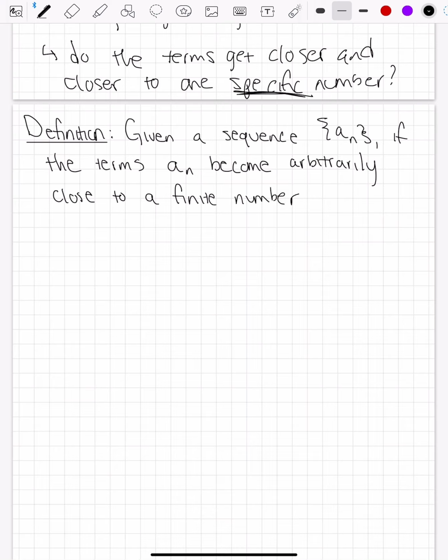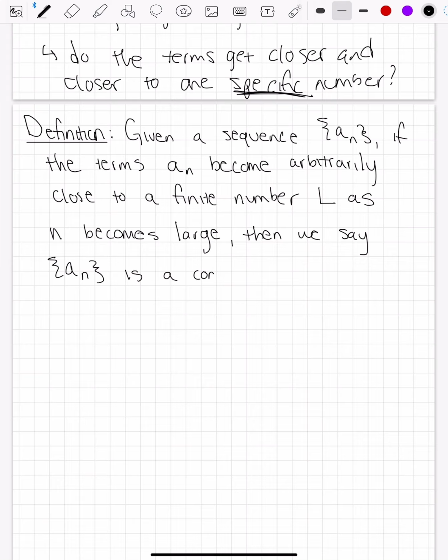Are they getting close to a specific number? A finite number L, as n becomes large, then we say that if we take a limit and we get a real number, a finite number, that is a convergent sequence, right? When something approaches a finite number, we always say it converges. And L, the number it's getting closer to, is the limit